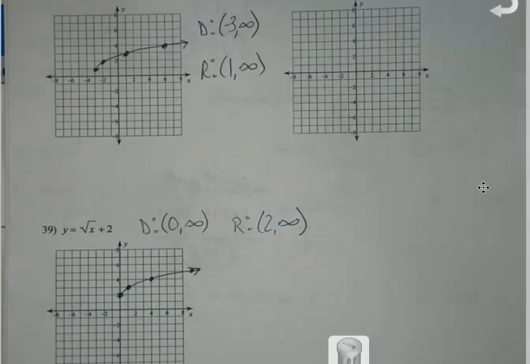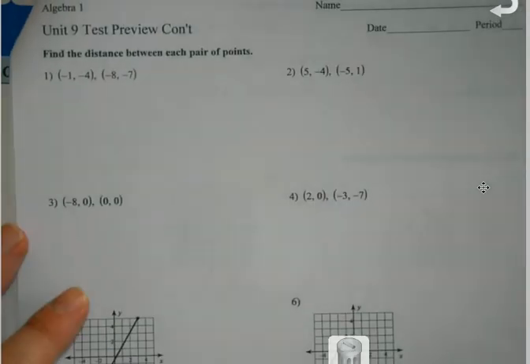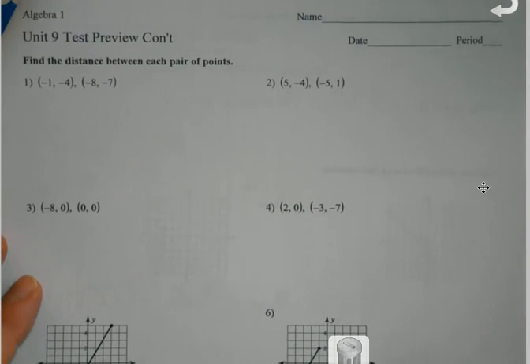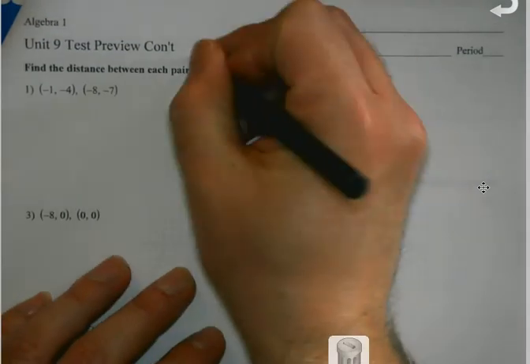And then we're going to start moving into what we've been doing these last couple of days with our distance and our midpoint. And we'll get you some options on this. So let me do a flip here. Okay, find the distance between the pair of points. Now we talked before, you have options. If you want to use the actual formula,